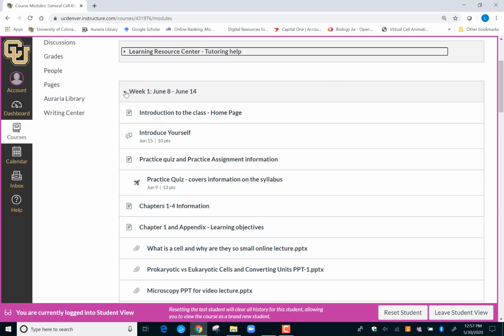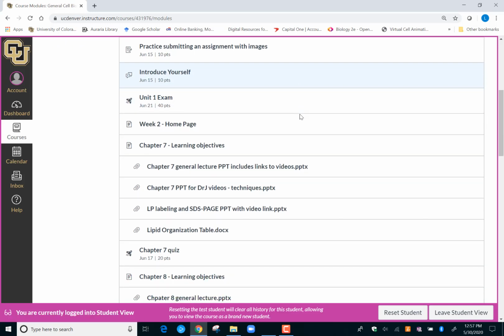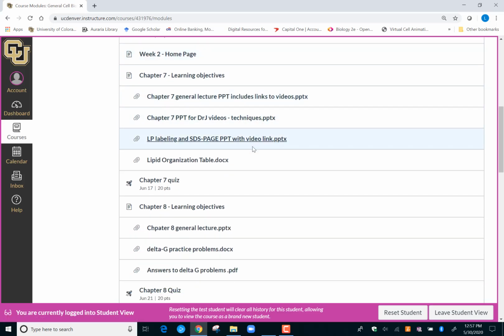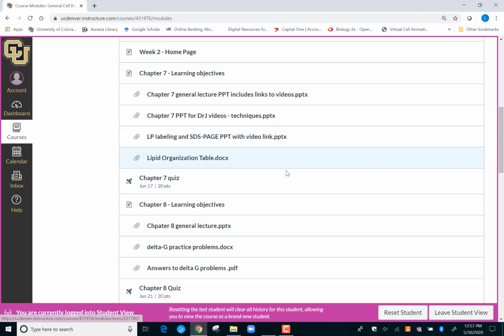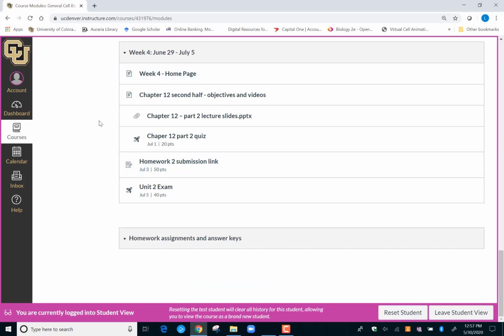And then once week 1 is over, you go to week 2. And again, you've got assignments, reminding you if you haven't done introduce yourself, you have a unit exam. The week 2 homepage is what you'll see when you log on to the course. And again, the learning objectives for the chapter, the PowerPoints, the quiz, and away we go. So I don't have all the weeks up yet. I'm making sure everything is